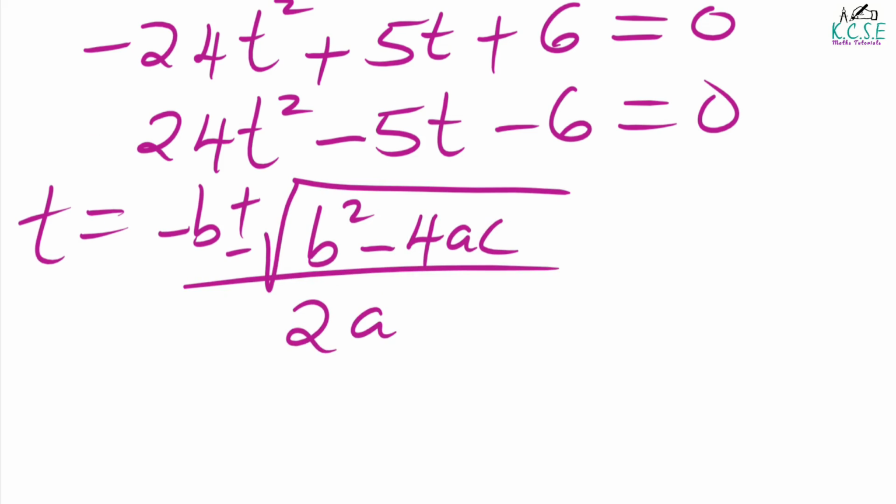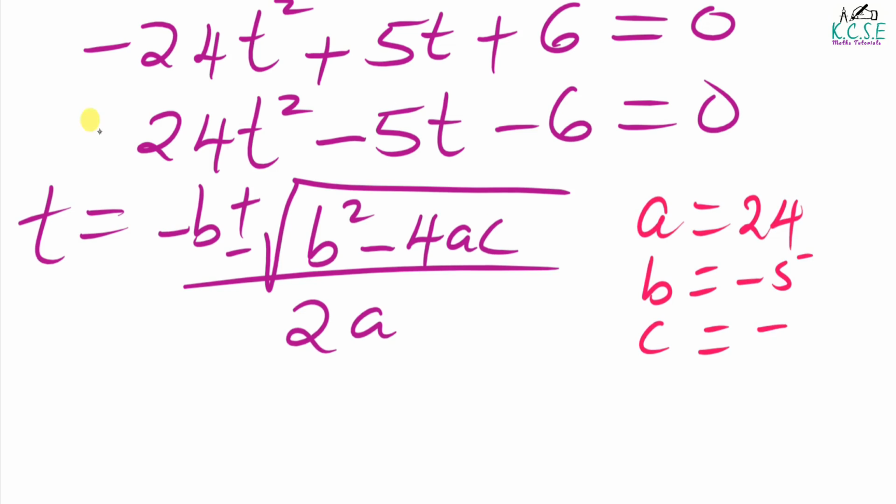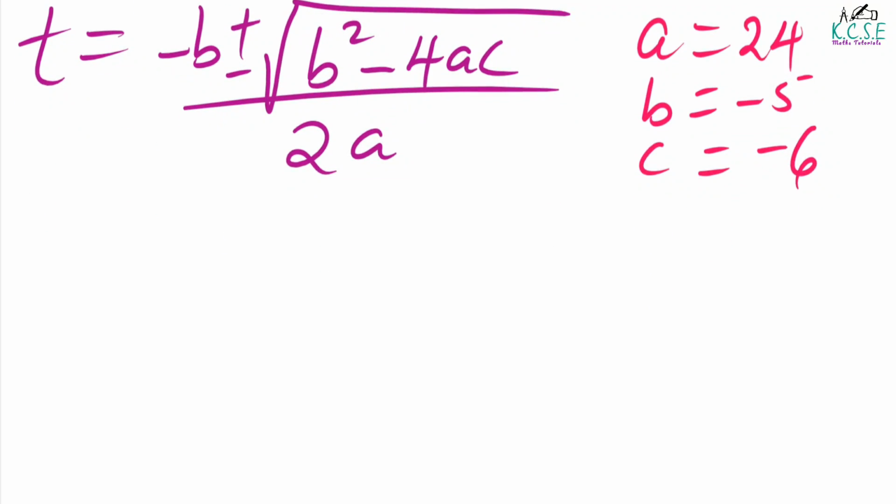Now in this case, a will be 24, b will be negative 5, and c is negative 6. So substituting these values in the quadratic formula, we obtain t as negative b, which will be 5, plus or minus